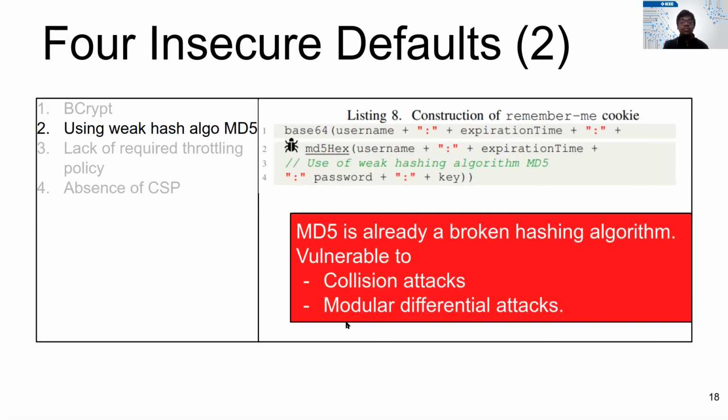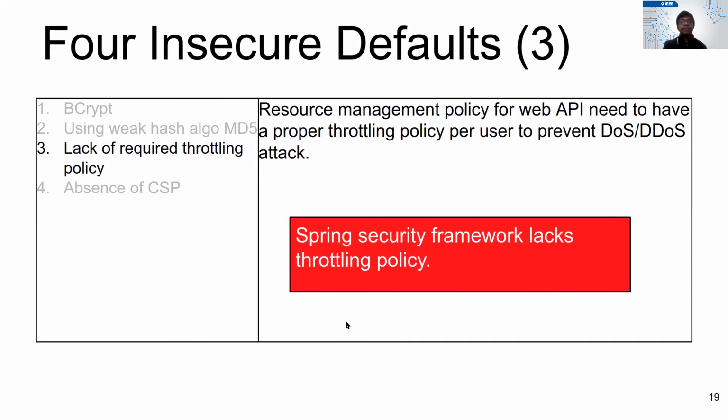Also, unlike other security frameworks like Django, Spring Security does not provide a way to set a proper throttling policy per user. As a result, an attacker can acquire a valid API key and generate a massive number of requests. As a result of this massive number of requests, the resource will become unavailable